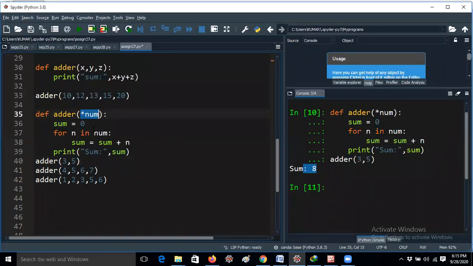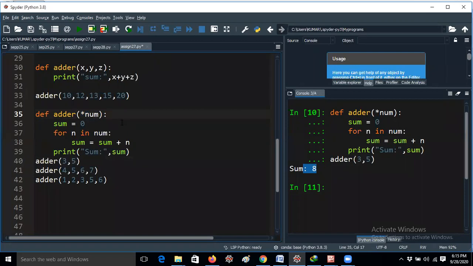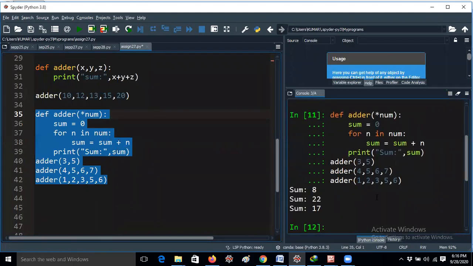If you give only one parameter, it will not be executed. But Python always gives flexibility to the programmer. In the same way here, if you pass 5 arguments also, you will get the same kind of output. This is called variable length arguments. Hope you understand, guys. Is it clear? So 4 plus 5 plus 6 plus 7 gives 22.